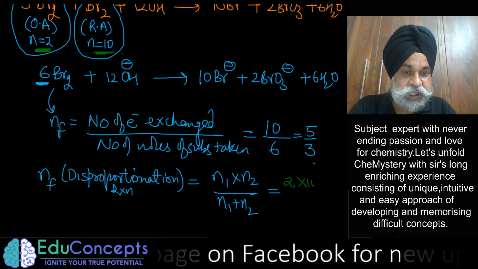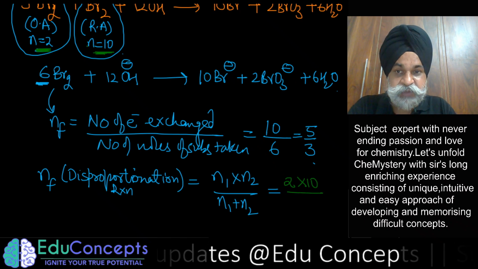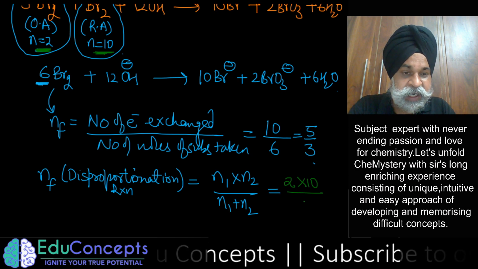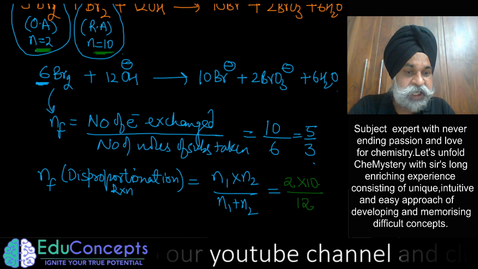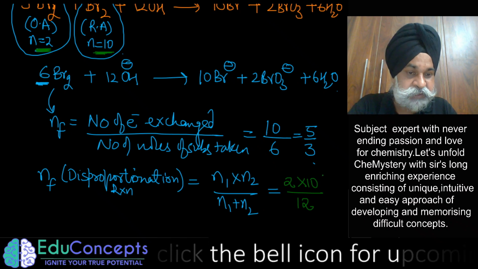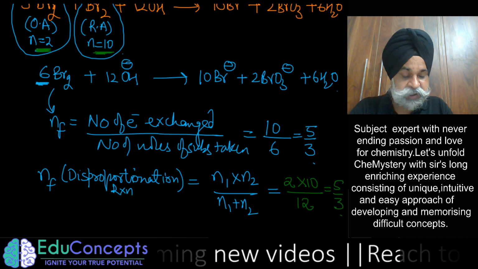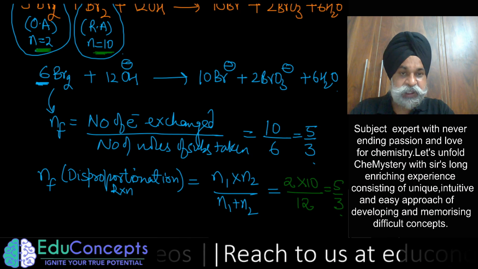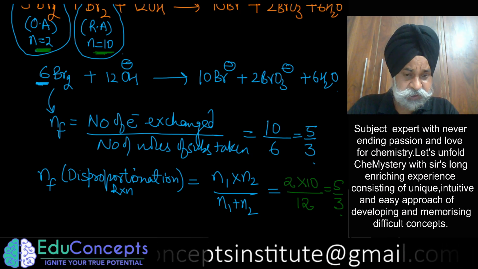So the total electrons exchanged is 20, divided by, if you add them together, 12, because between 12 moles 20 electrons are exchanged. Here I have taken 6 moles, so 10 electrons have been exchanged, but the n factor comes out to be 5/3. Got it? So this is a viewpoint that during a disproportionation reaction, if you want to find the n factor, what you could simply do is